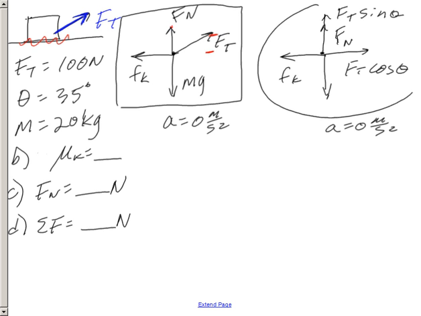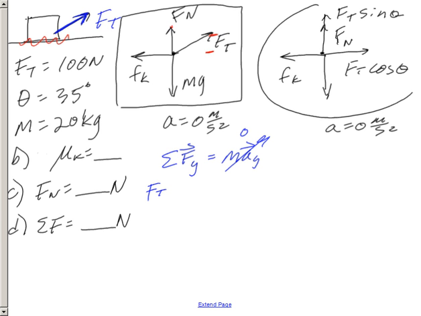Now in this problem, if you haven't done it before, you may not realize that before you can do part B, you're going to have to do part C. You need the normal force first. So to do that, we'll flip over into the y direction. So the sum of the forces in the y direction will be equal to ma in the y direction. And we know that a in the y direction and the x direction in this problem has to be 0. So then that would show up as